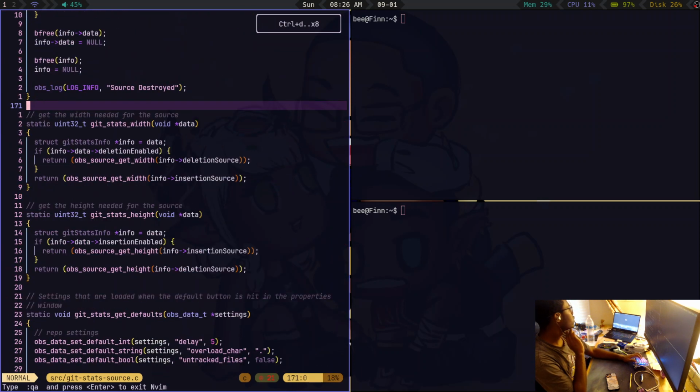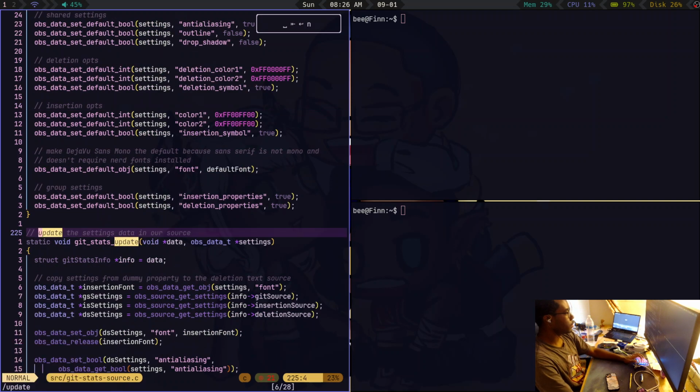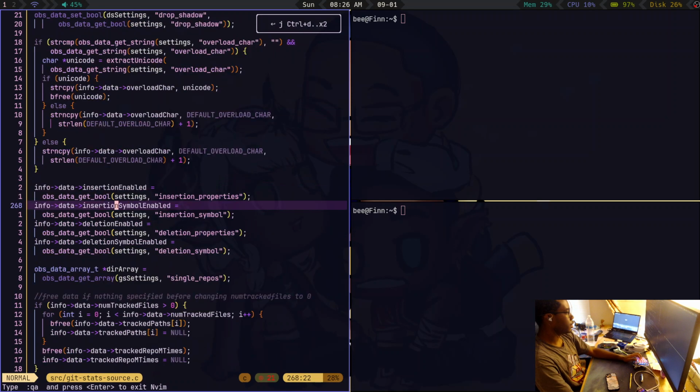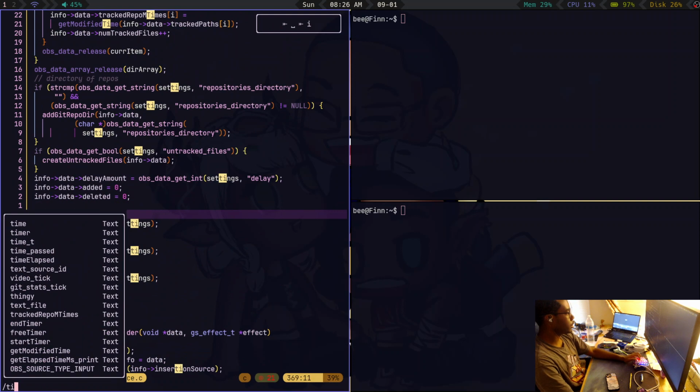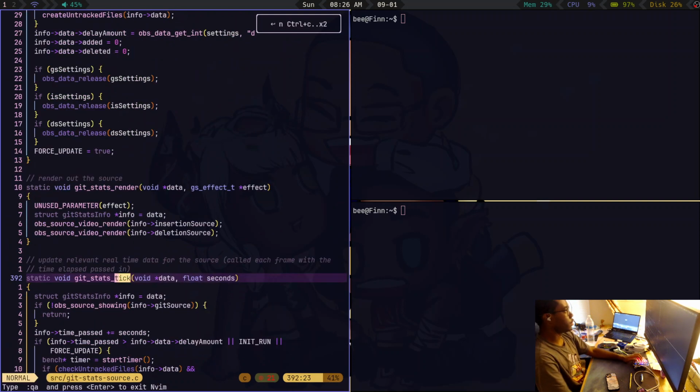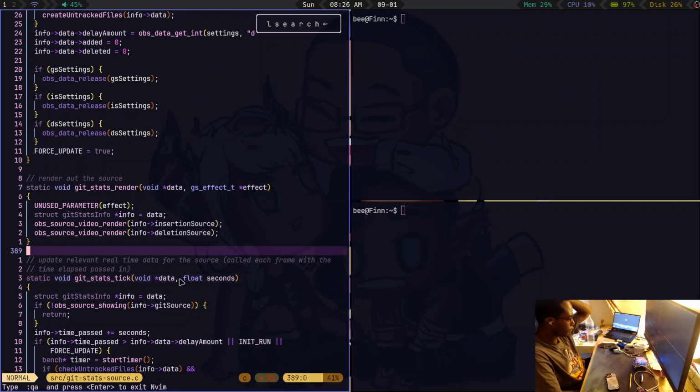So in update, we set the values, but in tick, we need to actually check them. Interesting that broke over here. Anyway,